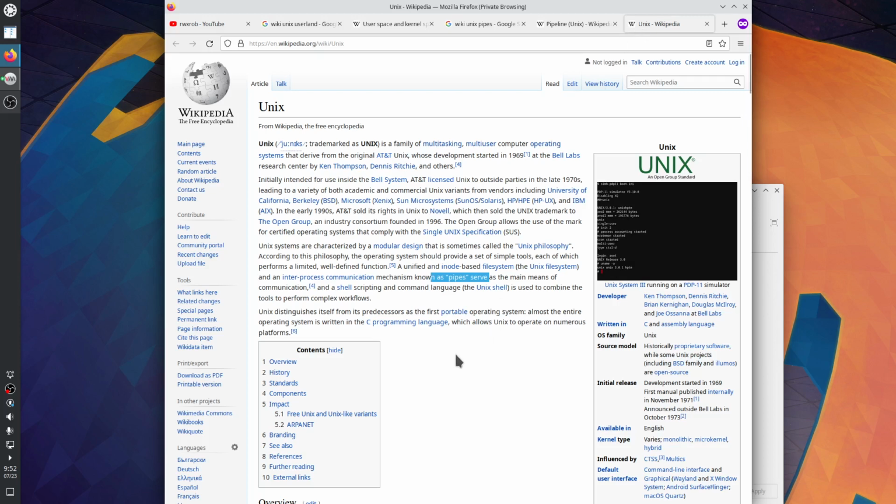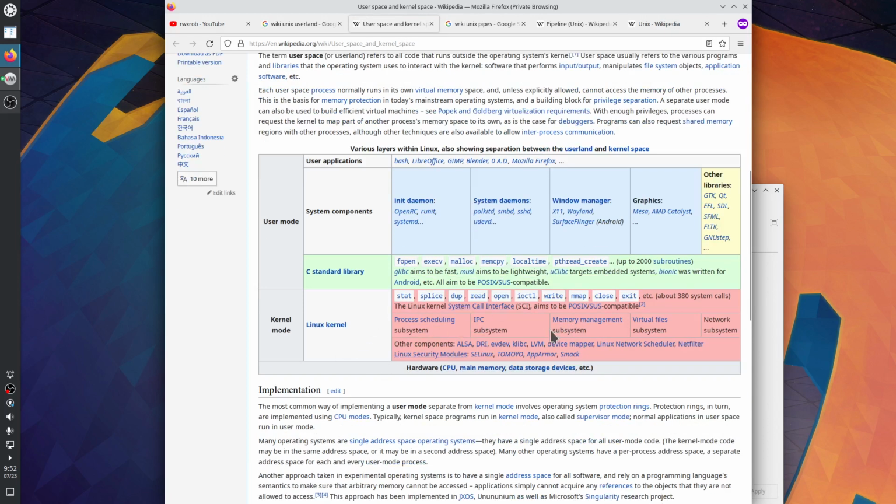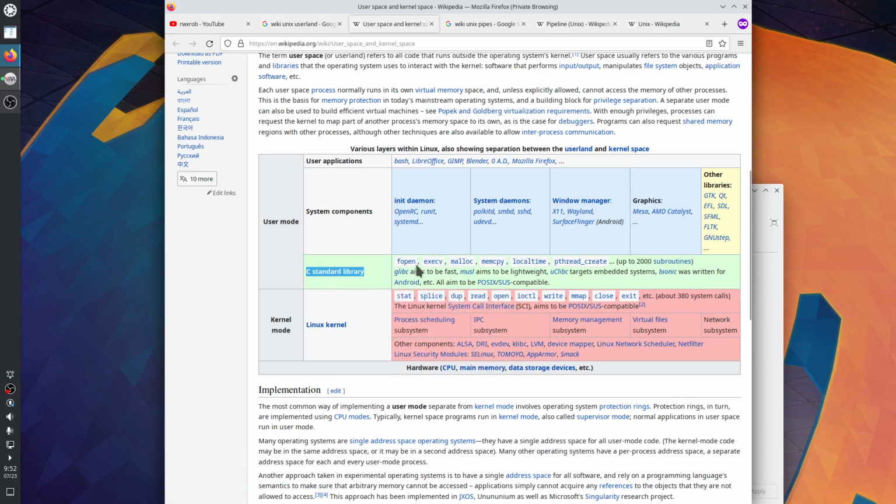Okay, so the Unix and Unix-like operating systems have a kernel space and a user space. So the kernel space could be really minimal if the kernel is a microkernel that's not monolithical. But most Unix-like operating systems do have a C standard library, do have man pages for the functions in the C standard library,